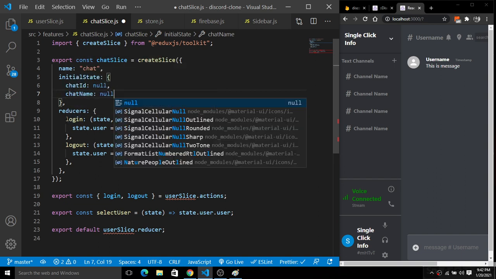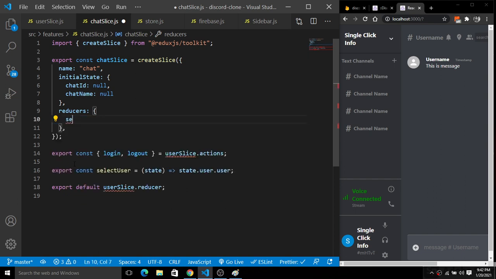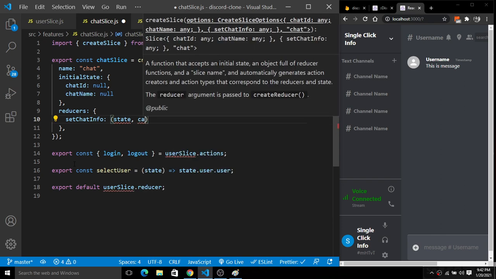So inside of this reducer, I'm going to simply get rid of this login and logout here. Instead of this, I'm going to simply set the chat info here. So we have this chat info, and for the chat info we will have this state and this action, state and action.